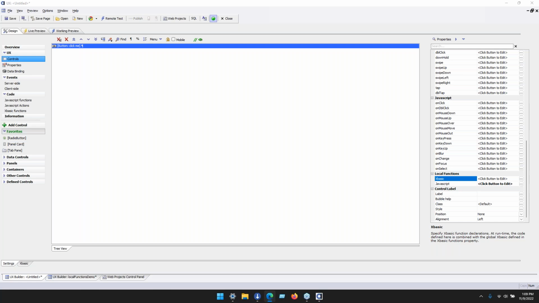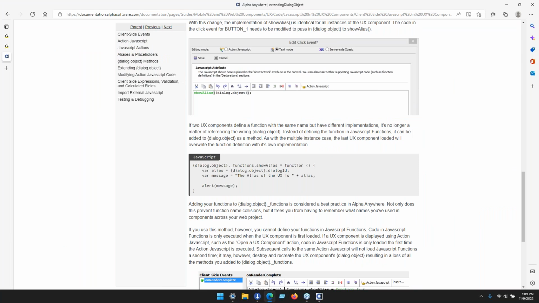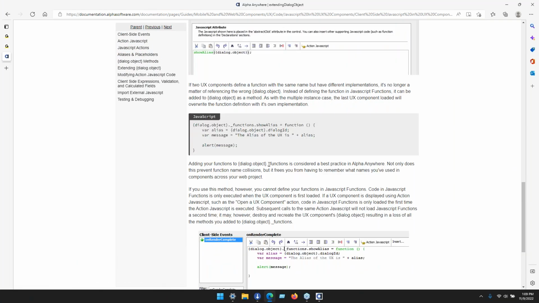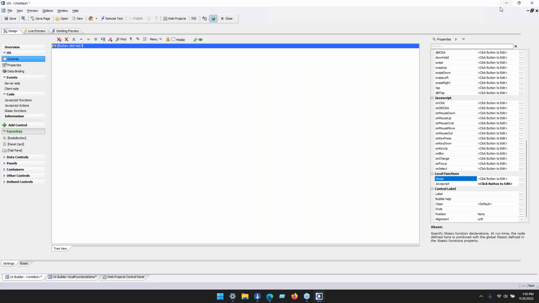Let's see here. Thank you for your patience too. Here we go. We have this article. It's called Extending Dialog Object. The dialog component has provisions for storing functions within the component's namespace itself using this underscore functions. Let me see here. Yes, underscore functions is something that we consider best practice for storing a function. So you could do something like this here